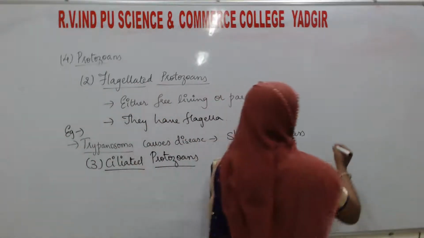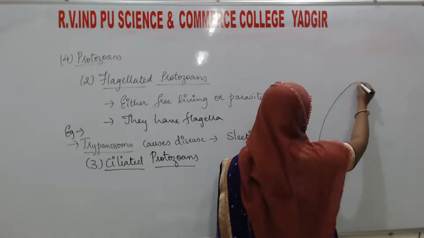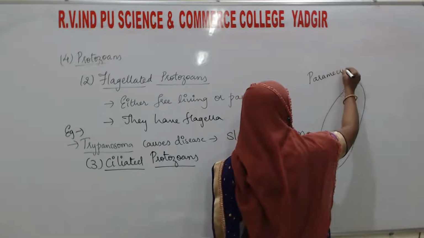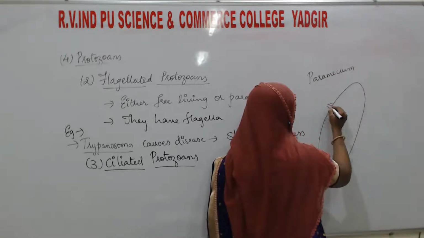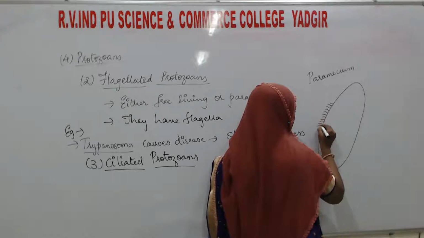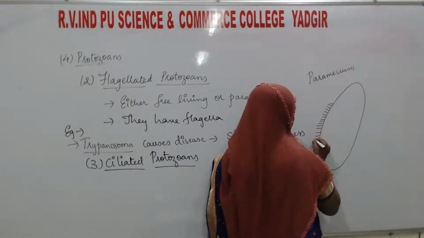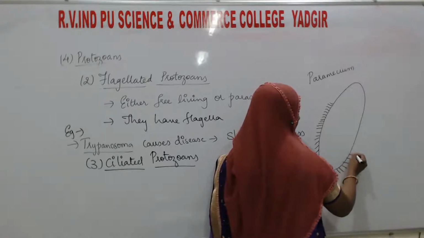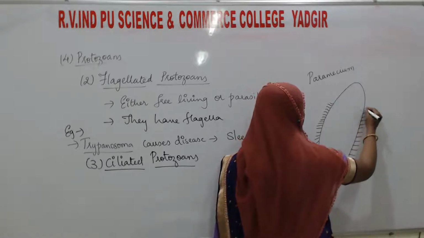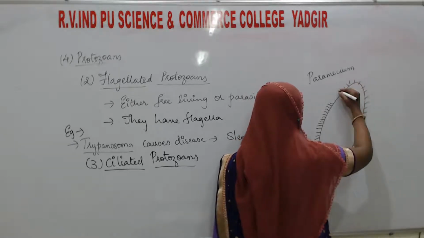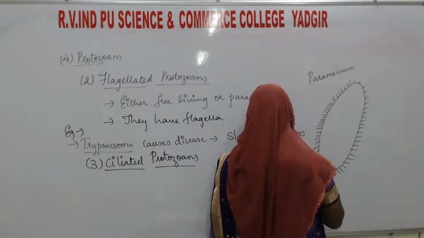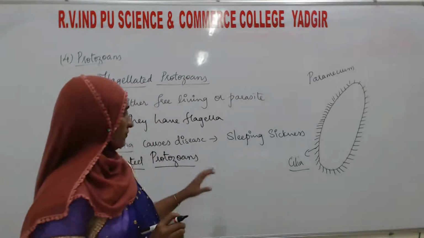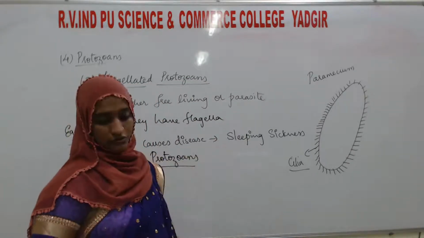See here, this is the Paramecium. On their body, there will be a numerous number of small hair-like structures. These also help in the movement of the body like this. These structures we can call the cilia. So one example of a ciliated protozoan is the